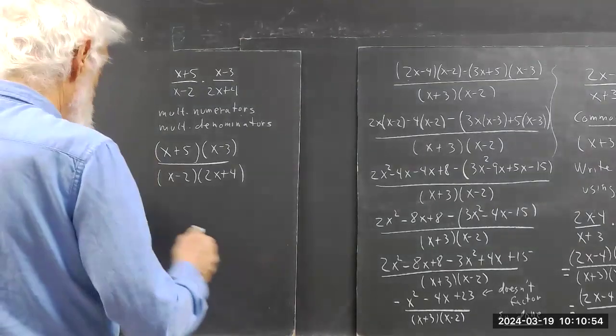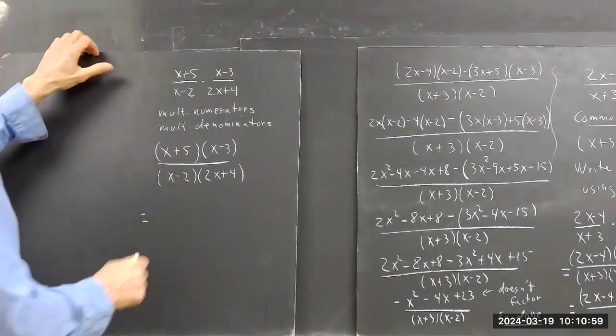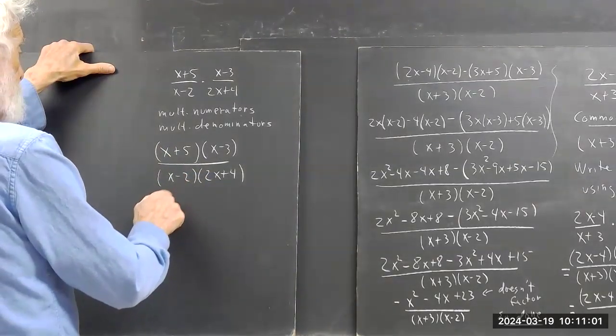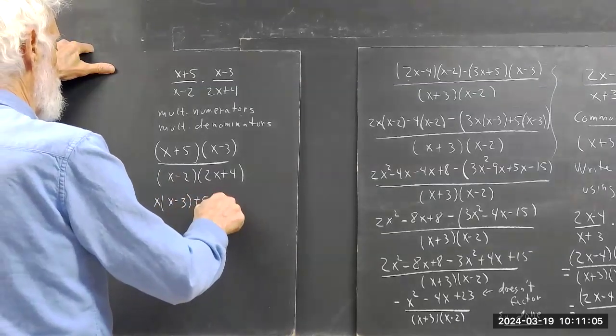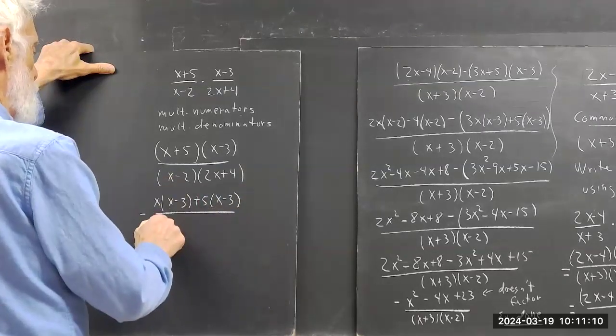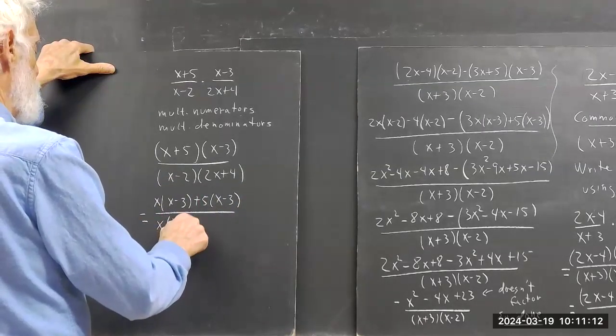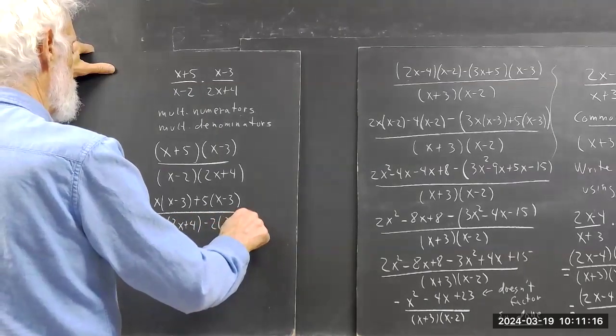Now we go ahead and expand these expressions. We get x times x minus 3 plus 5 times x minus 3, divided by x times 2x plus 4 minus 2 times 2x plus 4,